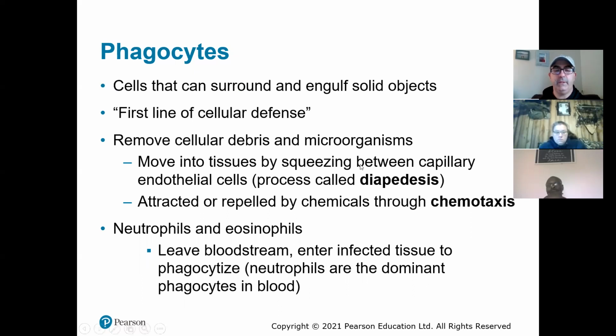Neutrophils can actually leave your bloodstream and get into an infected tissue, and they can phagocytize, right? That means they can chew things up like Pac-Man, right? They are attracted or repelled by certain chemicals. So sometimes there are other cells that put out these chemical signals that attract neutrophils, right? And we'll see that some of the other cells in the immune system will do that. So that if one type of cell is attacking a pathogen, it'll put out a signal calling other types of white blood cells to the area to help fight that pathogen.